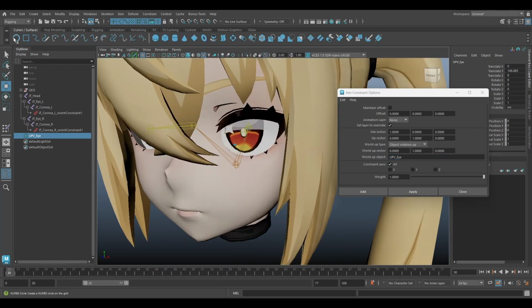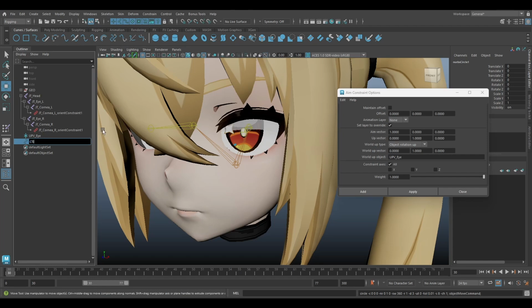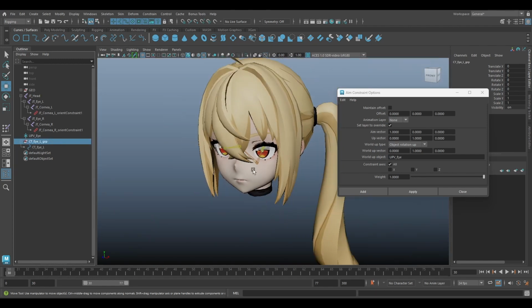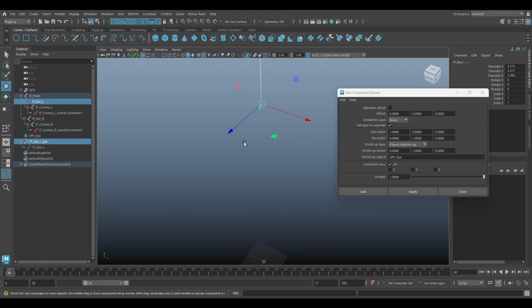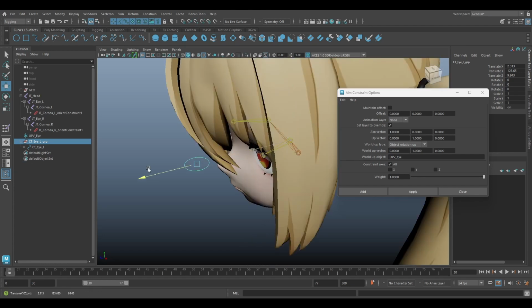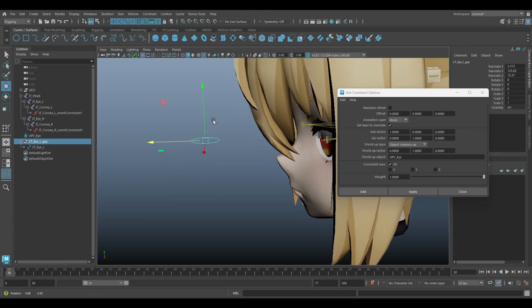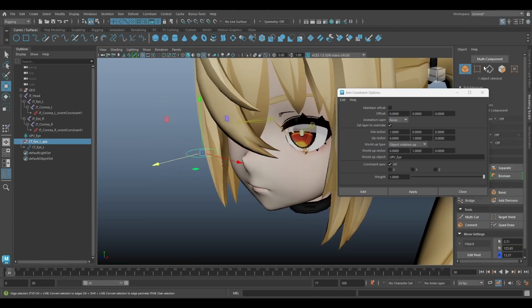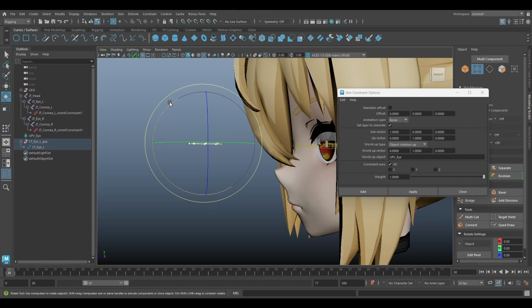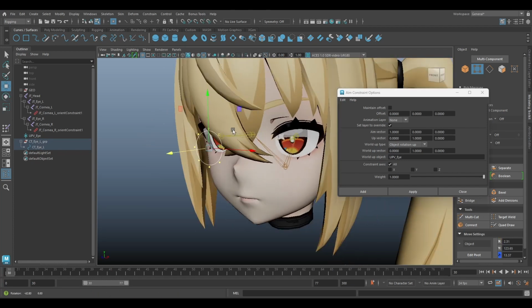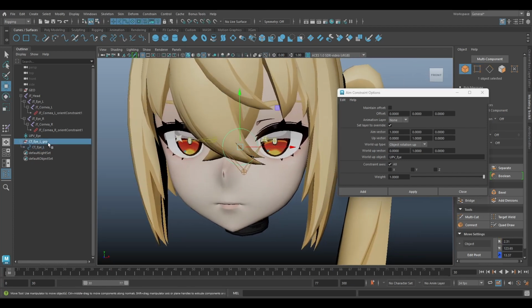Next, create a controller. This is UPV and group it. Then we can snap to the eye joint. We can edit the shape. And then we can